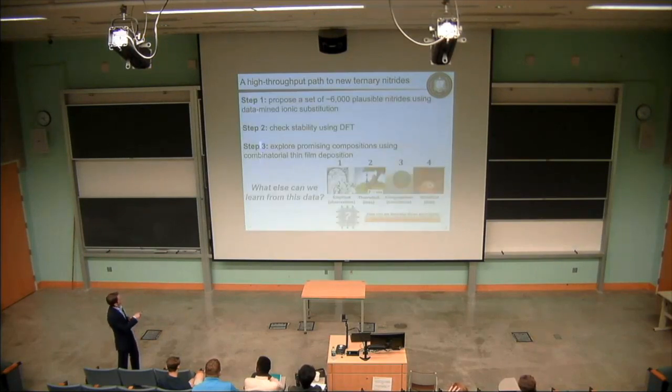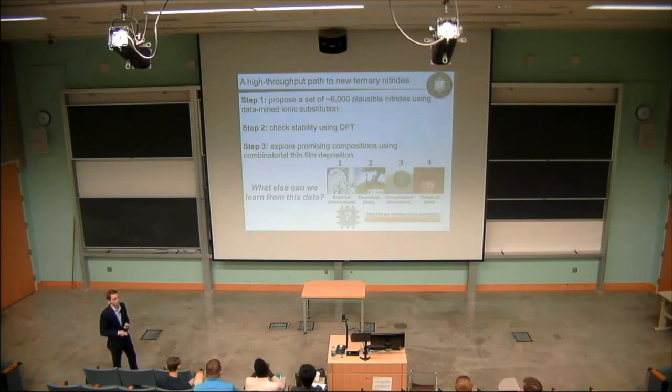So what this shows is through these 3 steps, we're able to go from a starting point of just wanting to discover new metal nitride materials, using some data mined predictions, high throughput density functional theory calculations, and ultimately experimental confirmation that these materials, or at least some of these materials, exist in the real world. So this is pretty good, and it's really a nice confirmation as someone who just does theory to actually see